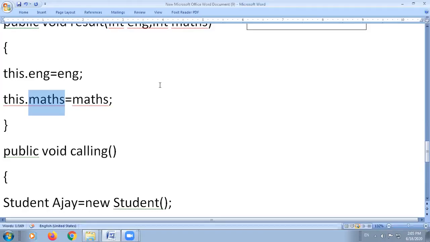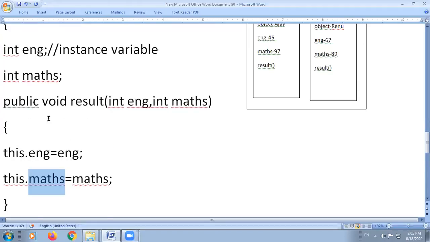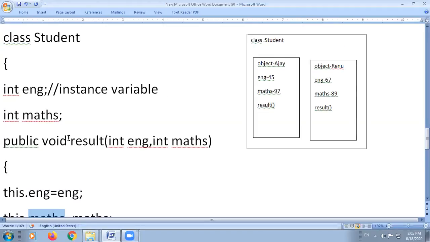And in this way it can create the reference to the object. So by creating reference to the object, this keyword is helpful so that the object can differentiate its value. Every object has its own instance variable copy, and the values that will be received in the formal parameter will be correctly allocated to the particular object through which you have called the function. So that is the use of this keyword.